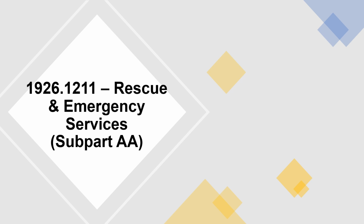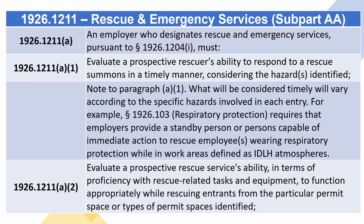1926.1211 Rescue and Emergency Services. 1926.1211(a) An employer who designates rescue and emergency services, pursuant to Section 1926.1204(i), must: